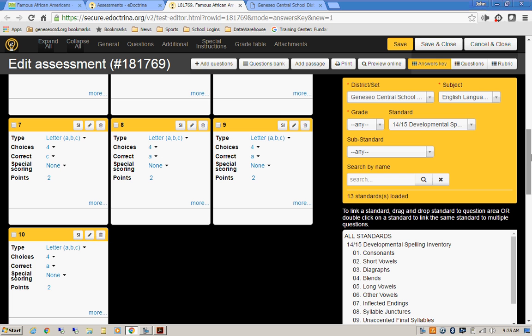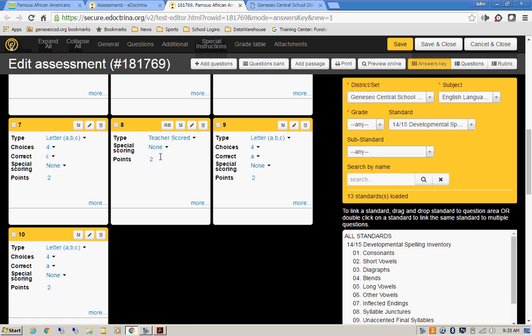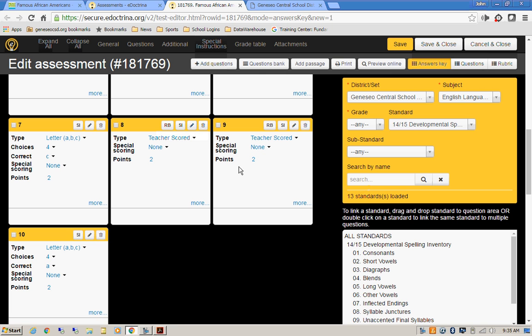Now the last 3 questions are open-ended. For simplicity's sake, let's just make each one of them teacher scored out of 3 points. So people will have a 3-point rubric that they're going to use for those last 3 questions, just for consistency's sake. If we need to change that later, we will. But under type, change them all to teacher scored points. So changing that, since it's defaulting to 2 anyway, and most of those ELA open short answer responses are out of 2, let's keep it like that. So teacher scored 2,